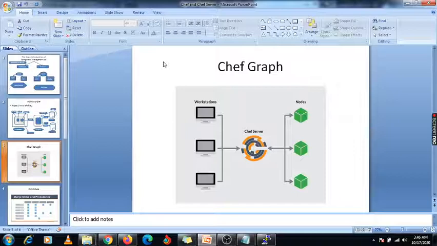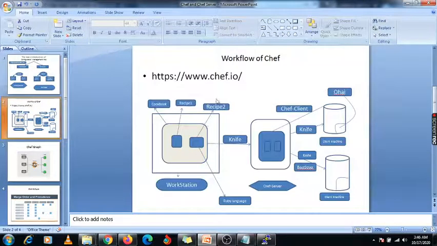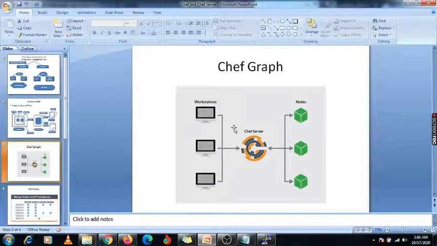Okay, so basically, I have missed one graph, that is the Chef graph, which you have explained in the previous diagram. So this is the diagram. How does it look like? This is the workstation. This is my Chef server. So we are going to push our cookbook or recipe. Inside that cookbook, there are multiple recipes available, whatever recipes we have written.